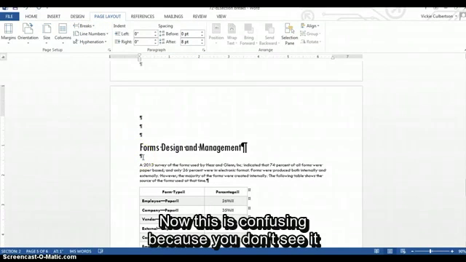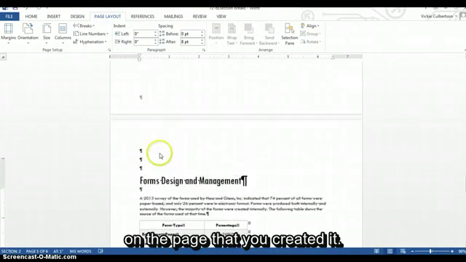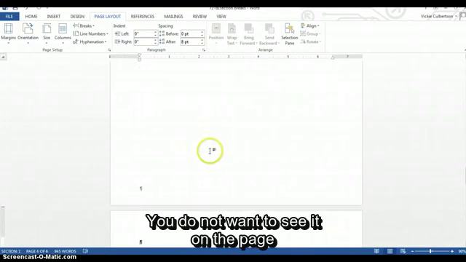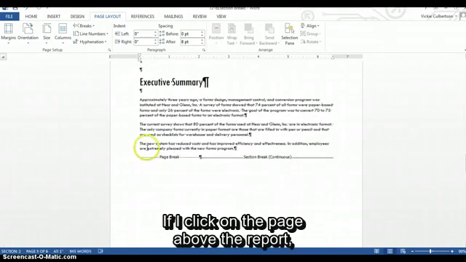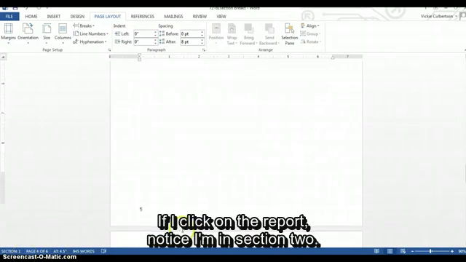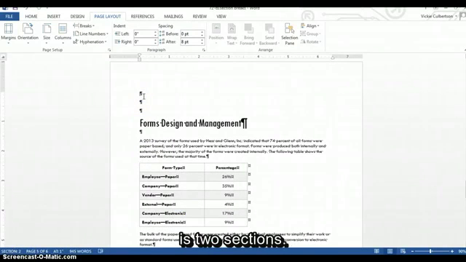Now this is confusing because you don't see it on the page that you created it. You will always see it on the preceding page. You do not want to see it on the page where you created it. If I click on the page above the report, notice I'm in section 1. If I click on the report, notice I am in section 2, and that's exactly what we want, is 2